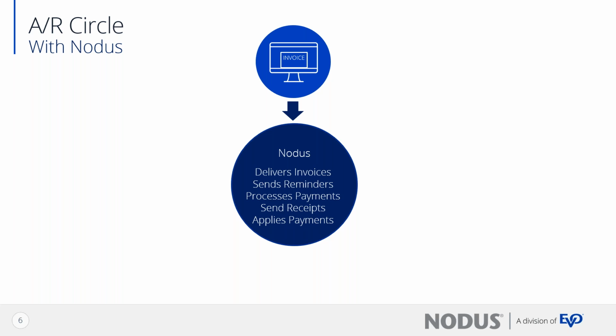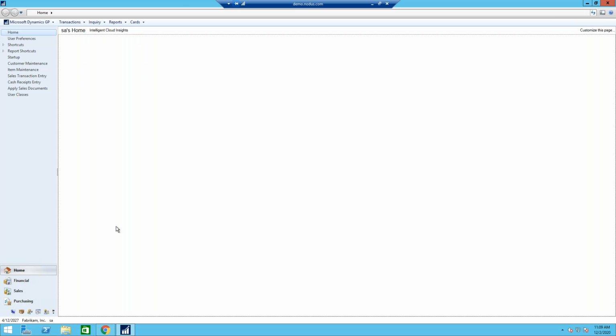So this is essentially, like I said, more of an overview of what that is. But now I'm going to do a little deeper dive and show you exactly how this application works. And again, I'm using GP as an example, and I'm going to show you a high level of how the solution works. So first, what I'm going to do is I'm actually going to show you an add-on that we have